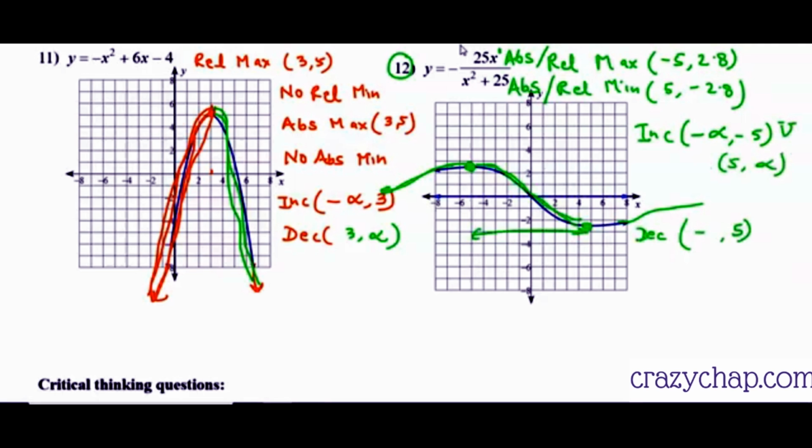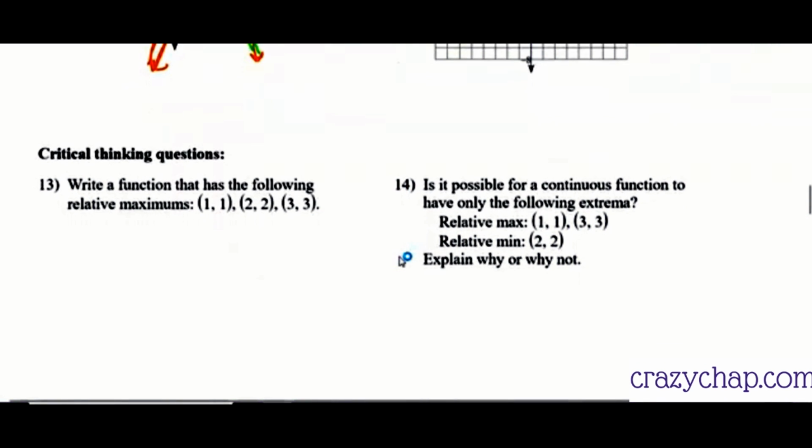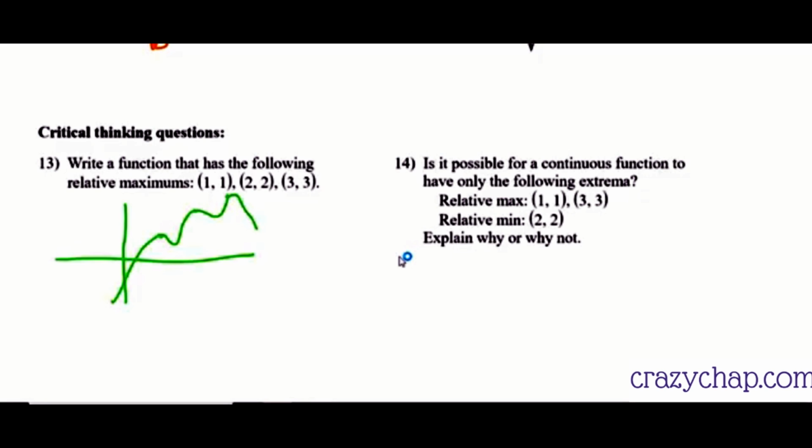Question number, if I will draw the graph. The points are 1 1 and then 2 2, relative maximas. The graph should somehow be looking like this. Agree? Why? Because the number of relative maximas or minimas is one less than the degree of the function, right? So with that understanding, we for sure know that the degree of the function has to be 6.